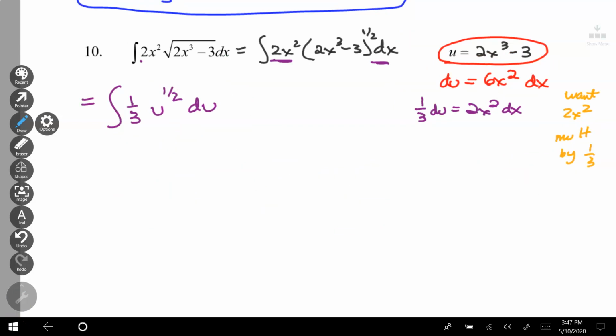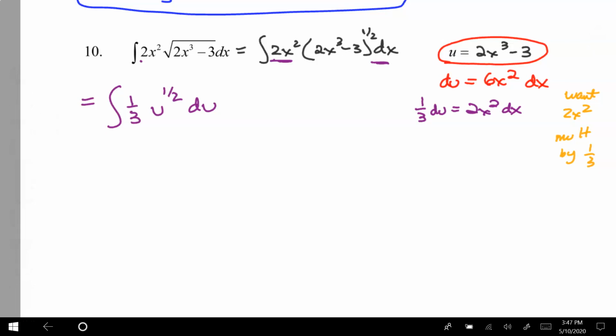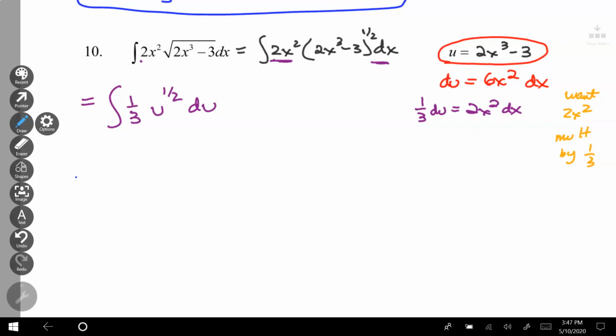I've rewritten it first. I can't really do it with roots, so I rewrote it as 2x squared parentheses 2x cubed minus 3, all raised to the 1/2 to represent the square root. U is that 2x cubed minus 3, its derivative is 6x squared dx, but I really want 2x squared multiplied by 1/3. So now I have the integral of 1/3 u to the 1/2,